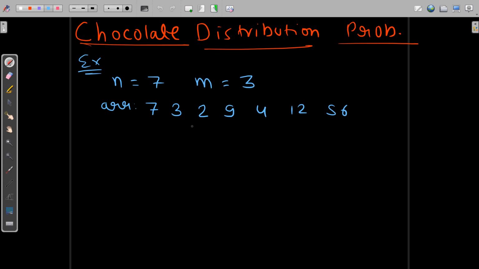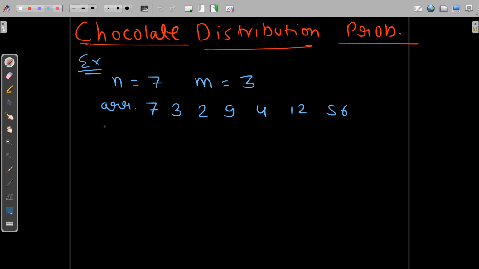Okay, so first of all let me tell you that this is not a very tough problem. It is not at all a very tough problem, but it is actually a very good problem. If you ever want to revise your array concepts, then you will definitely put this problem in your easy section, I think. Yeah, so let's understand this problem first of all.